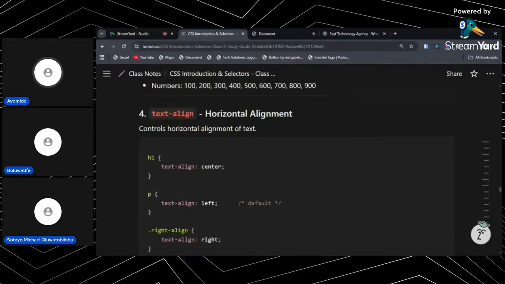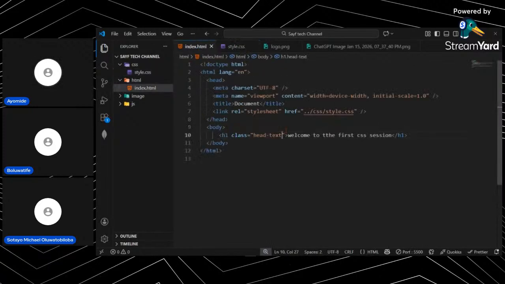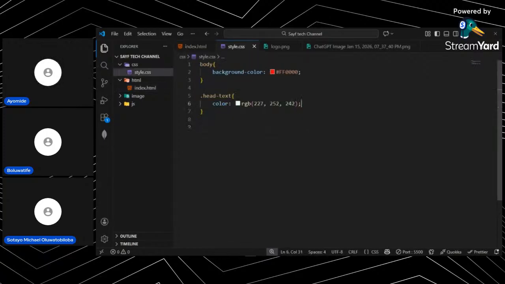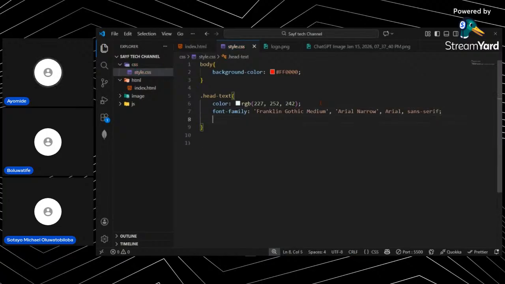Text align is basically where you want that particular text to be on the screen. Let me show you as an example. From the names, we already know what all of these do. I'll be applying it to this heading text, this H1. So I say font family, for example Franklin, then font weight, bold,